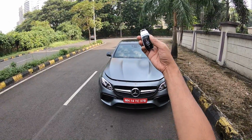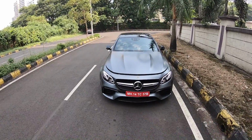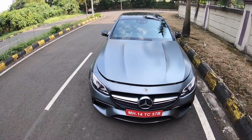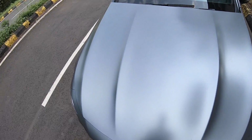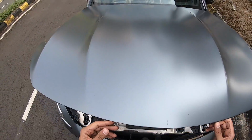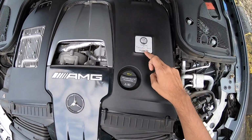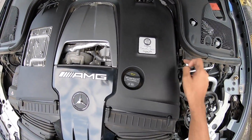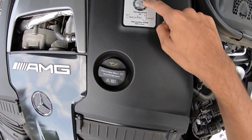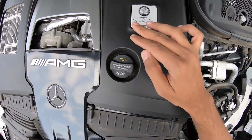I am driving this, the Mercedes-AMG E63 S, and as you can see, my goodness, this car looks so beautiful. In fact, the hood doesn't open with the grille, so it has a hood of a coupe-ish car. Anyways, this is the engine bay and it is handcrafted by Sascha Jonas, Mercedes-AMG Germany, and this is actually the place where AMG was founded, the place of foundation, and the two founders' names are there, AMG